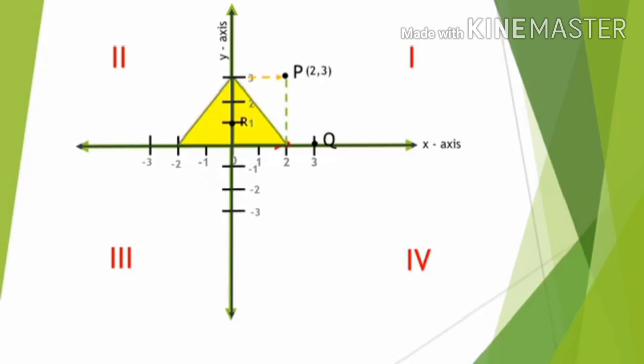Now students, if we study the geometrical shapes in the coordinate axes, this is called coordinate geometry. If we have a point S and we want to find out the distance between the point P and S, denoted by small d, for this, we have to derive a distance formula.